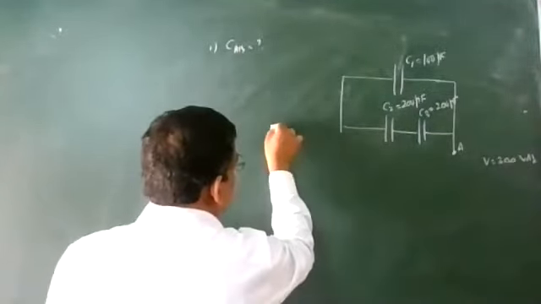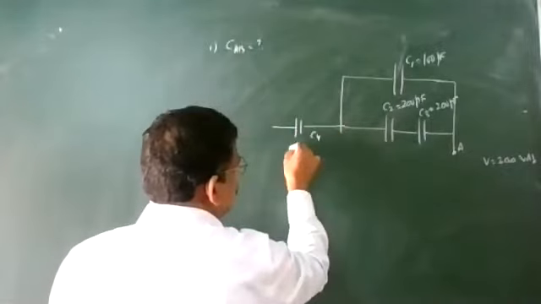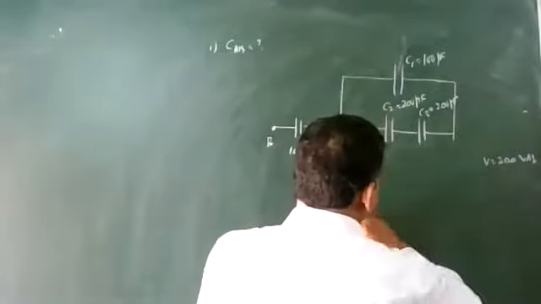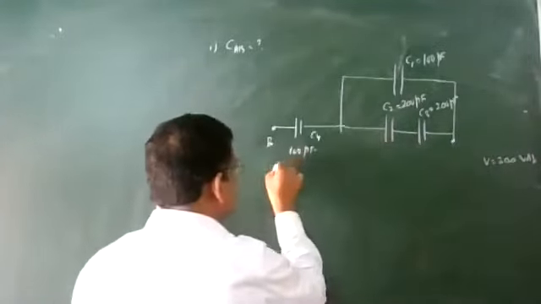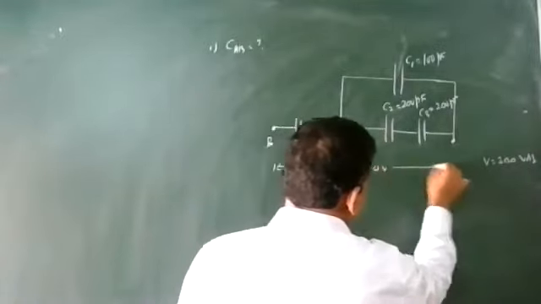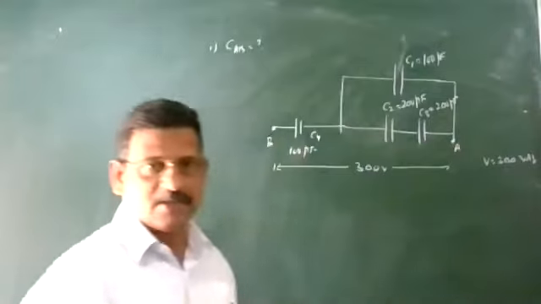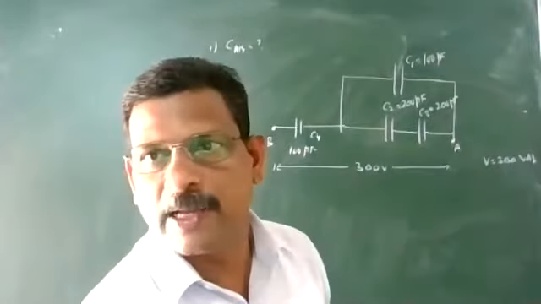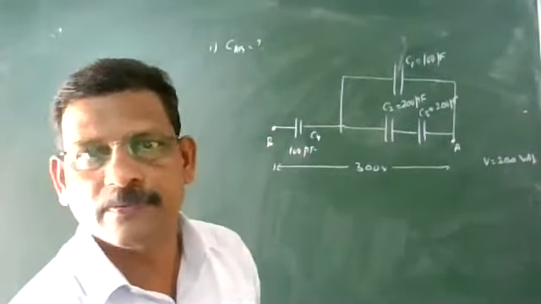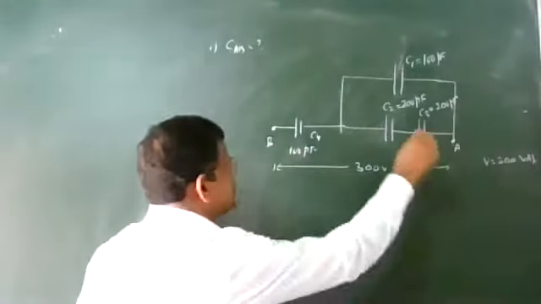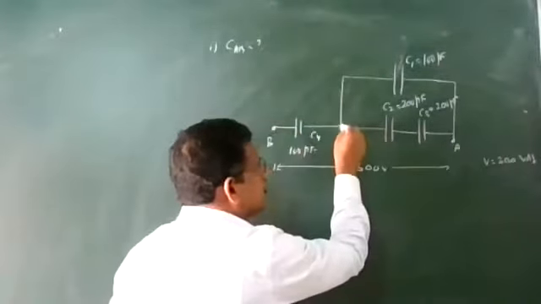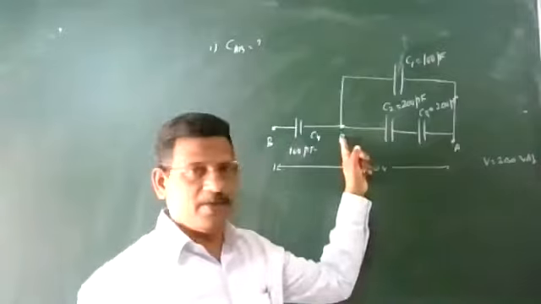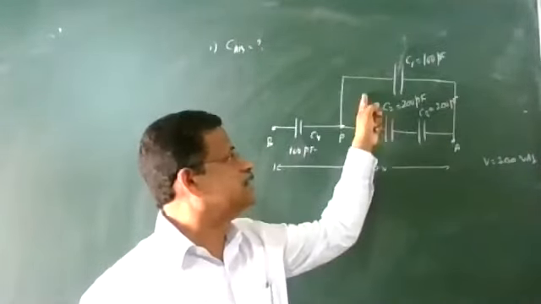That is point A, and the wire will be coming here as C4 equal to 100 microfarad, and the point B. Between the points A and B, the potential difference is given as 300 volt. So the diagram will be in a more simple pattern. Except for the A to B points, when you reach the point, you can take point B here. So between A and B, there are two ways. One way is here, another way is here.